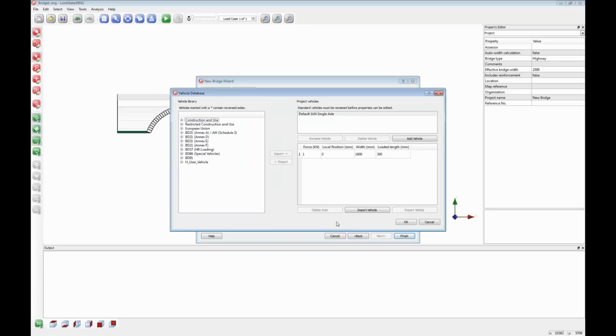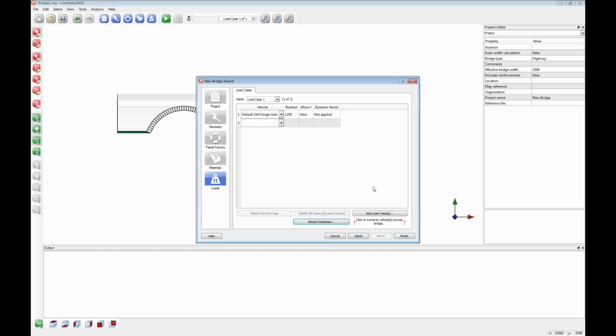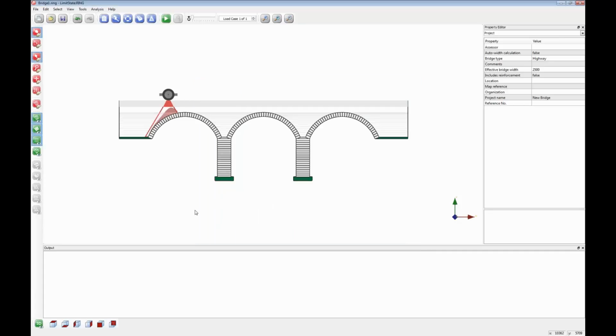I can choose from a database of vehicles, or what I'm going to do in this particular case is just use a single axle, and that means that whatever number I get out of my analysis, because I have no partial factors, will simply be a multiplier on this axle load, which is 1 kilonewton, and will actually give me the load required to cause collapse in kilonewtons. If I click finish, I end up then with my bridge and my axle,